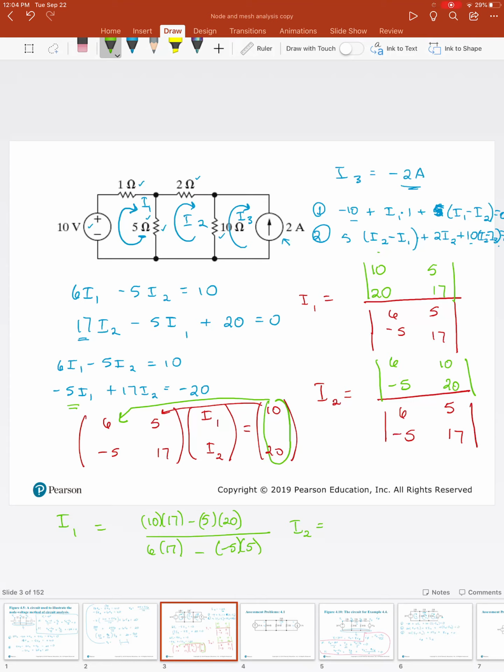And I2 will be 6 times minus 20 minus minus 5 times 10, over 6 times 17 minus minus 5 times minus 5. I'll let you plug that into your calculator, not to take up any additional video time. Alright, we'll stop this video and then we'll start up